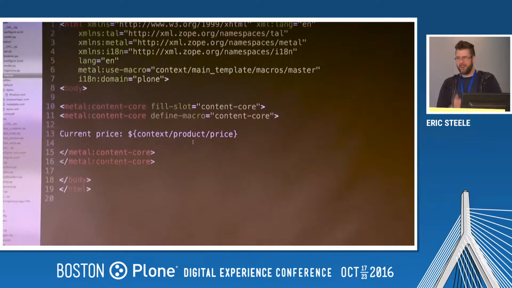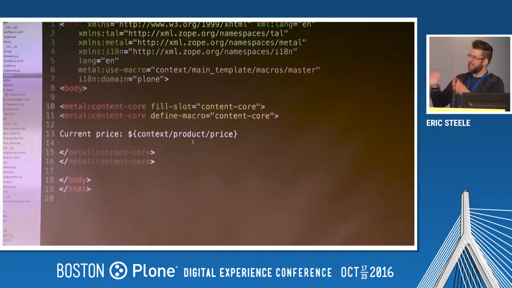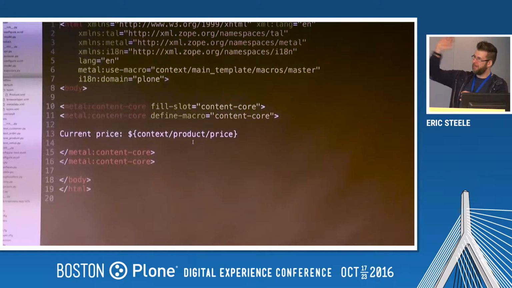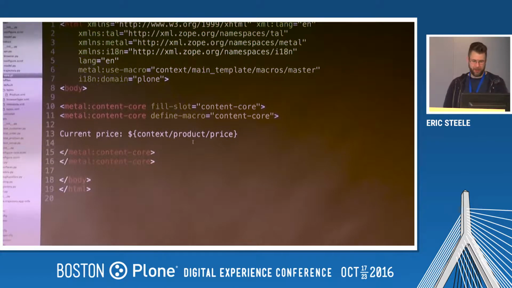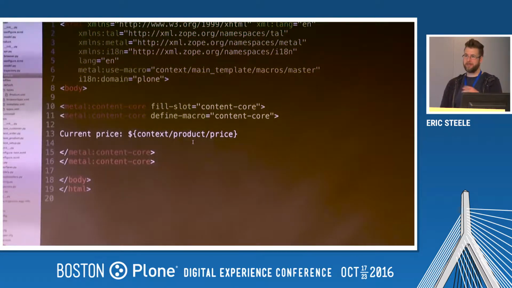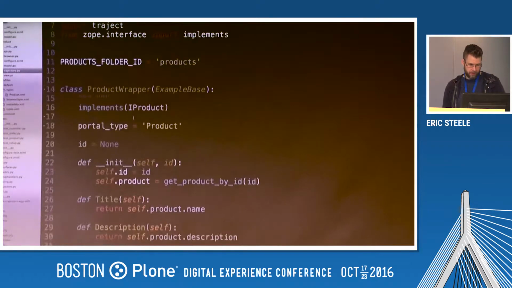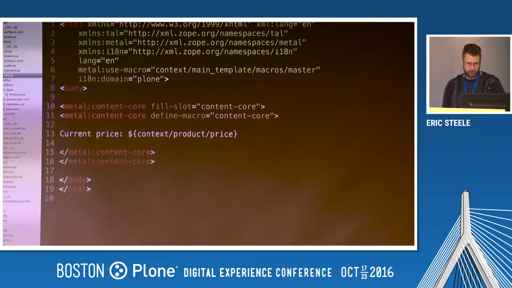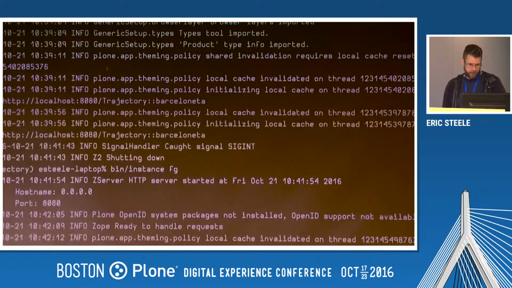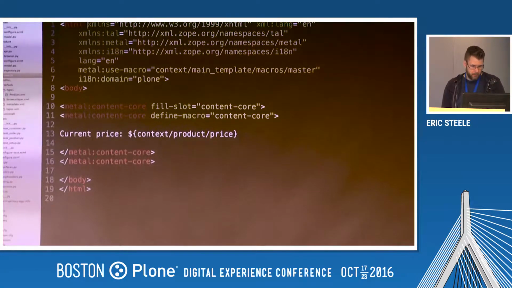Okay, so yeah, this is our basic view template. All it is is the standard main template, and we use the title and description that we already defined on this wrapper object back here. So it's pulling out those, and it's just getting the price from the object itself. So there's that. Then what we can do is use